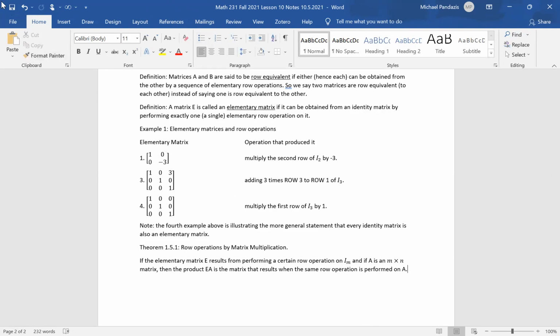So what does that mean? It's saying, theorem 1.5.1, if the elementary matrix E results from performing a certain row operation on I sub m, and if A is an m by n matrix, then the product EA is the matrix that results when the same row operation is performed on A. So let's look at an example. Let's say you have the matrix A,